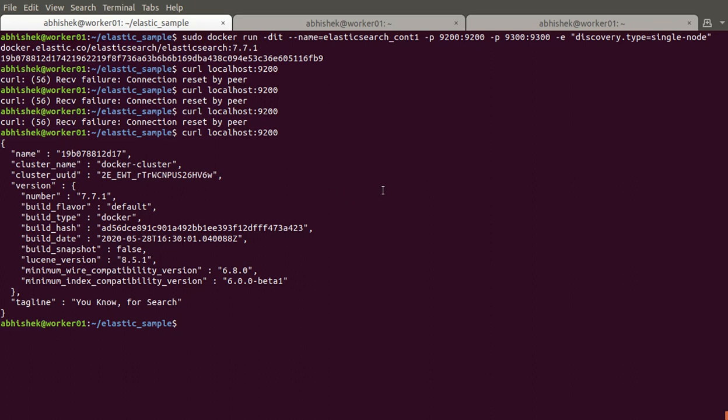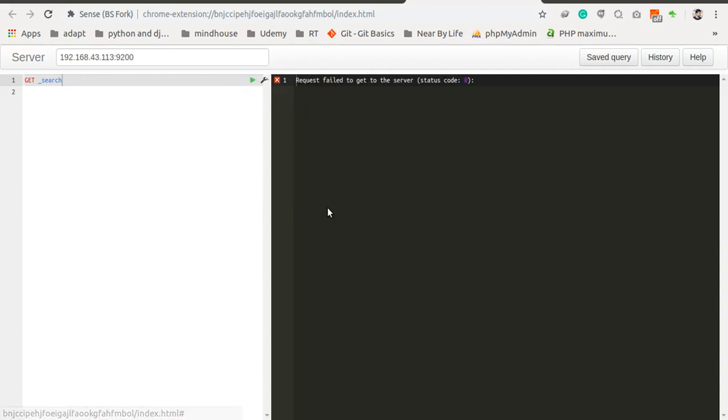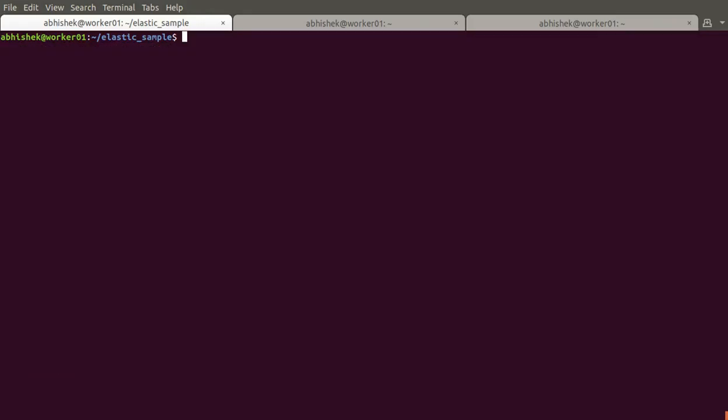just a minute. Oh, sorry. Let me remove it again. Okay, so the container is stopped, and here we are going to mount it to a directory, using -v.